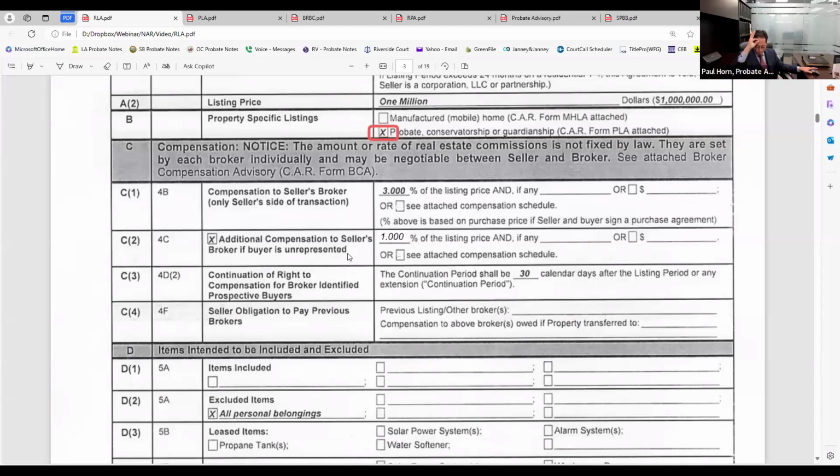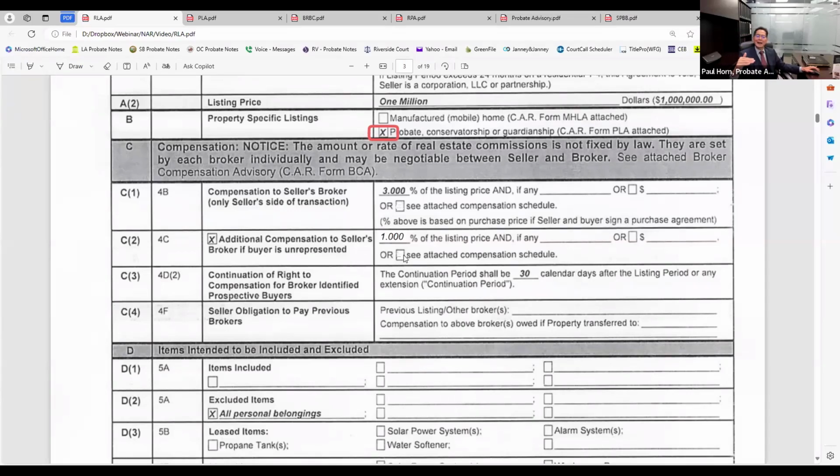Okay, so unrepresented buyer. That's what that line is for under item C2. And you would put an X right there, additional compensation to seller, broker, and buyers unrepresented. Okay.